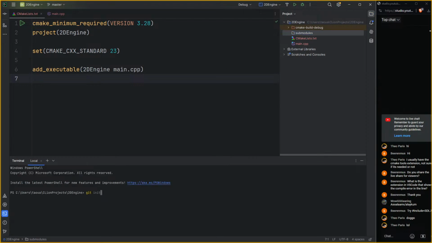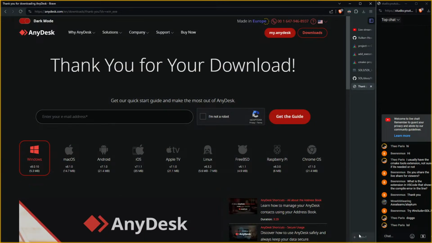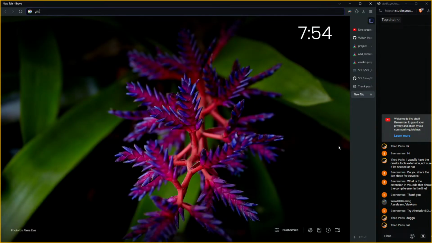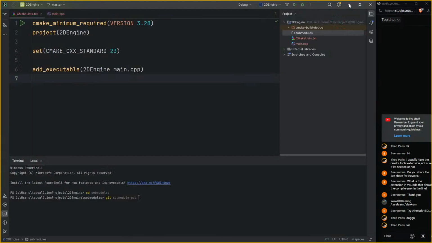Then I can go inside of submodules, and then we can git submodule add. Let's look for SDL git. There you go. Git submodule add this,